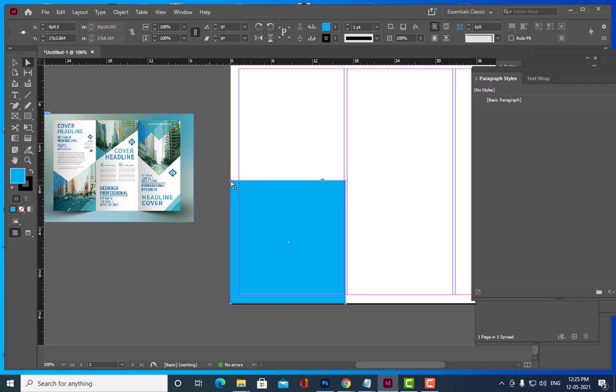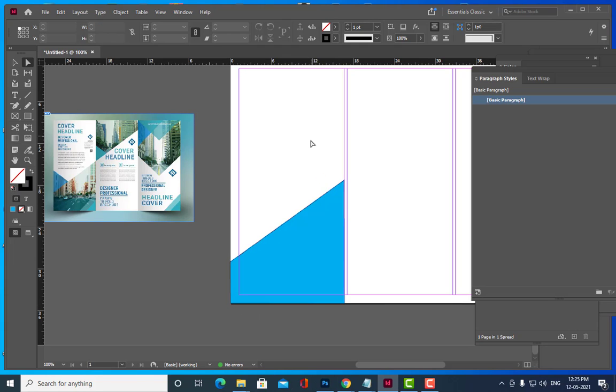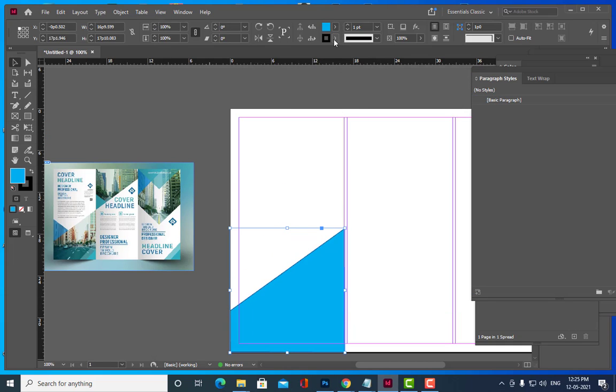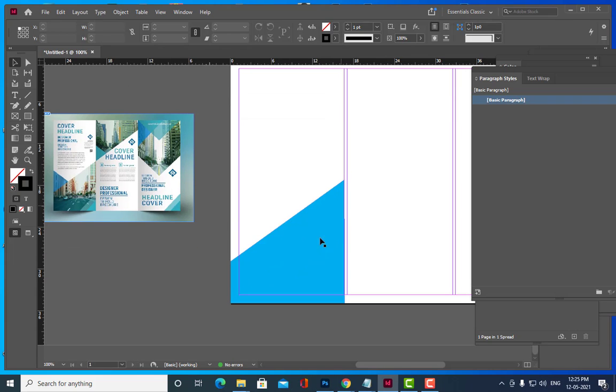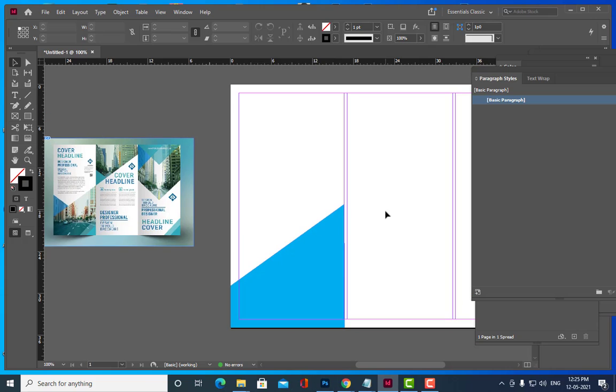So you can use the direct selection tool and give some styling to this like this. This type of editing you can do in InDesign, or you can go to software like Illustrator and do the designing there too. Something like this. And then we can remove the stroke. See, we can just click on none, so now the stroke is gone. Just remove the stroke, and we'll do the same thing here.